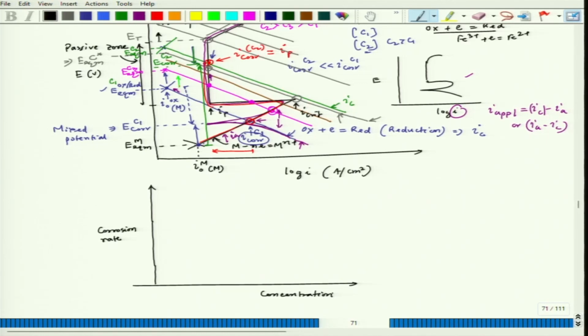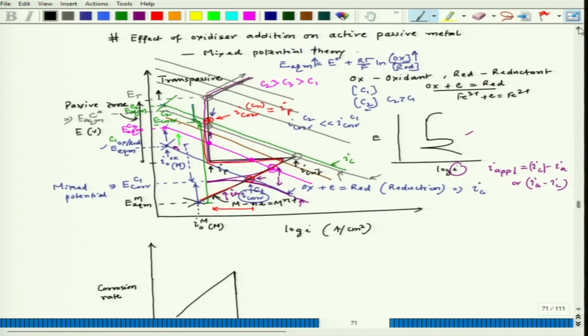you will see that the corrosion rate till C critical gradually increases, and then once the concentration reaches C critical, immediately the corrosion rate drops. Let me just plot it like this. Immediately the corrosion rate drops, which corresponds to I passive, and then after that you keep increasing it until you reach the concentration corresponding to